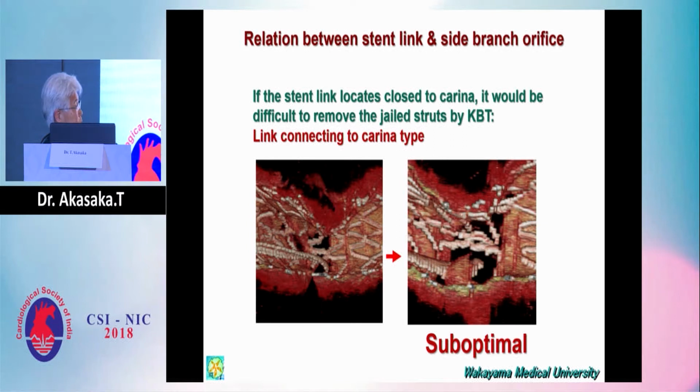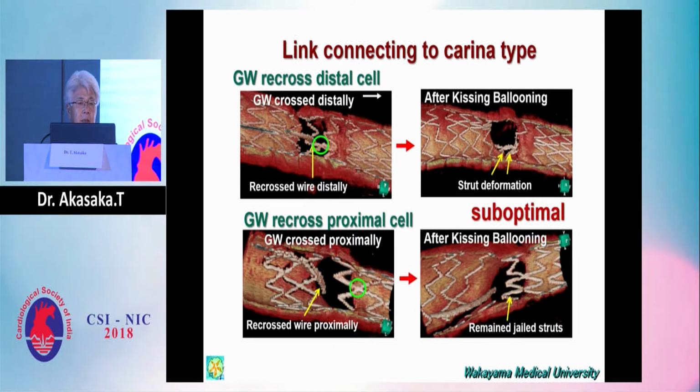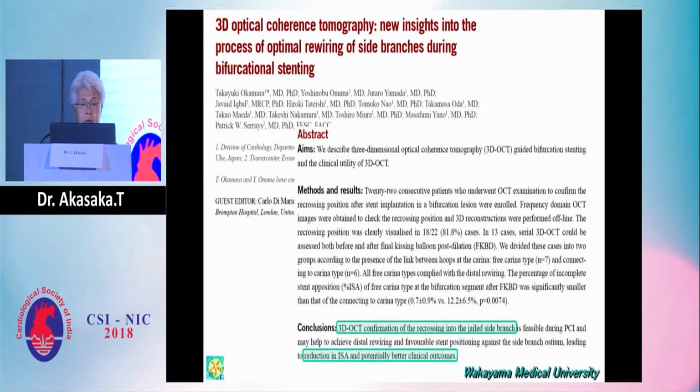And this is a suboptimal result because there is a link here. And if you dilate, you still have lots of struts at the orifice. And this is another example of a link-connecting carina type and suboptimal result. The link is indicated by the green circle, and if you dilate here, there are still lots of struts at the orifice. So if you use 3D reconstruction by OCT, you may reduce incomplete stent apposition and potentially